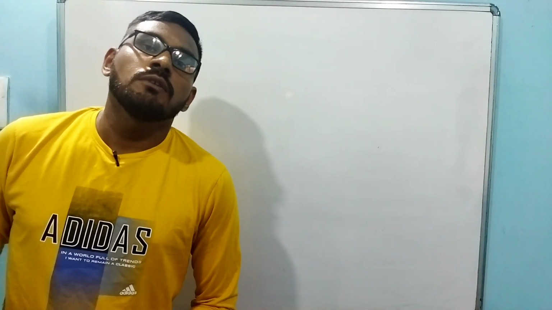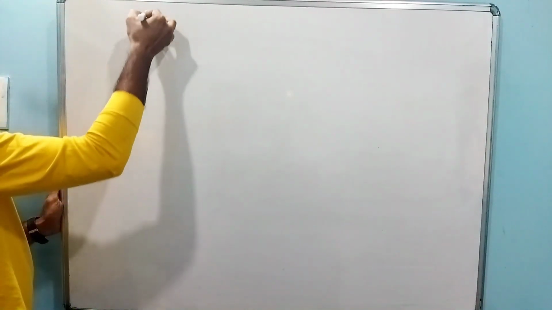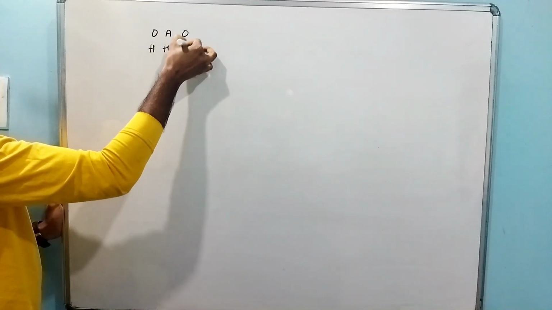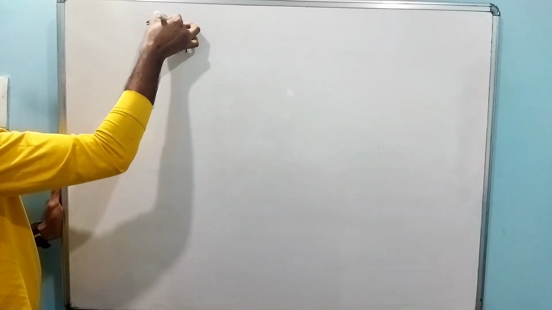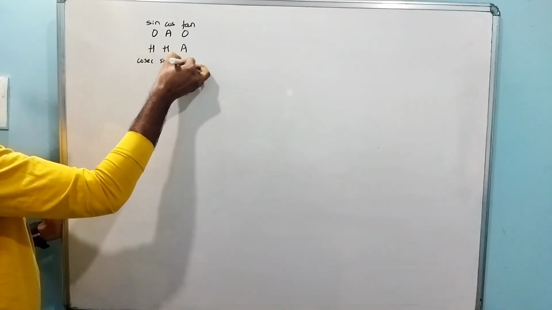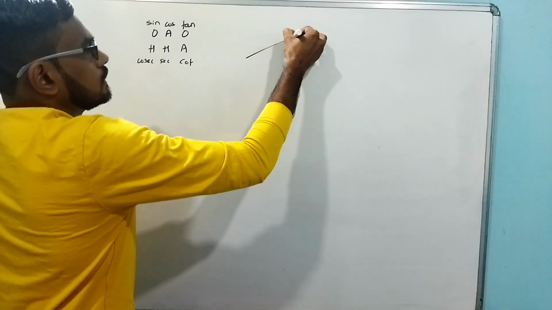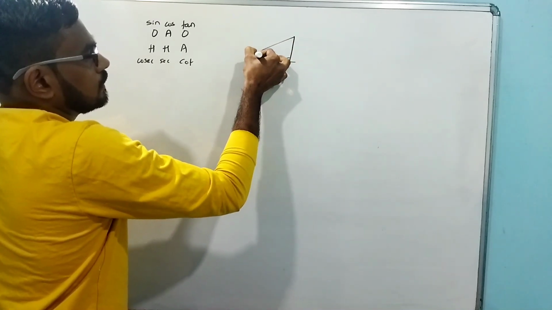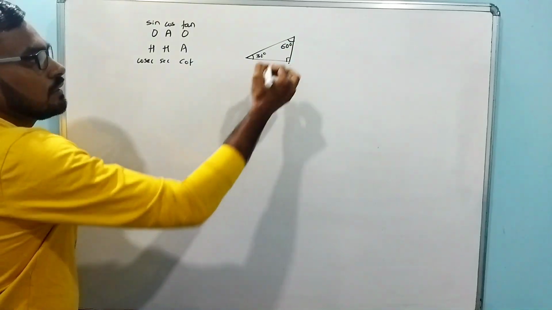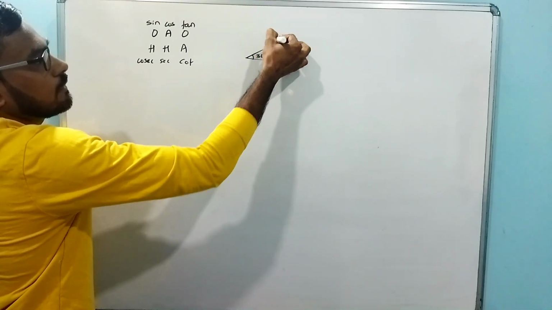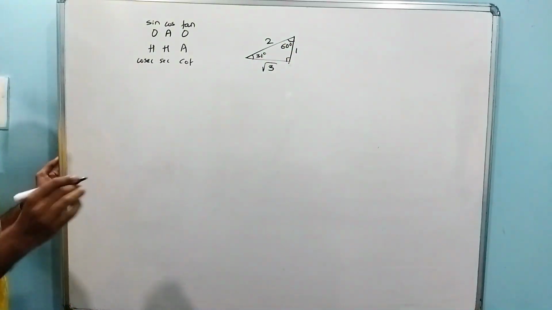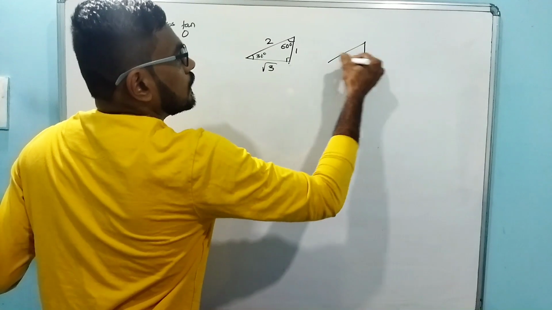So there are two things that you have to remember. First of all, OAO HHA, then sin cos tan, cosec sec cot, and then those two triangles. The 30 60 triangle: climb from here, so first, slide from here, so second, and then going under this roof, so third, and then coming back here. Next, 45 45 90.